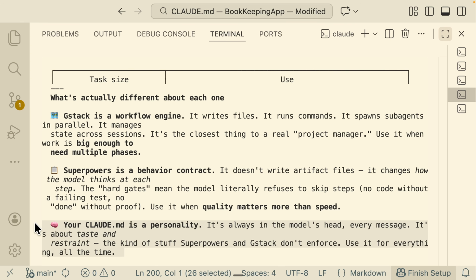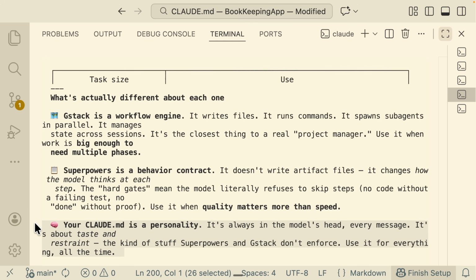Every time it does something, we don't have to mention it. It knows that because it's embedded into its personality, embedded into its soul, that it's going to follow these 4 constraints every time we ask it to do anything. Maybe helping us write a blog post, or generate images, or write code. It's going to do this exactly like we mentioned in our Claude.md file. So that's the clear difference between the two.